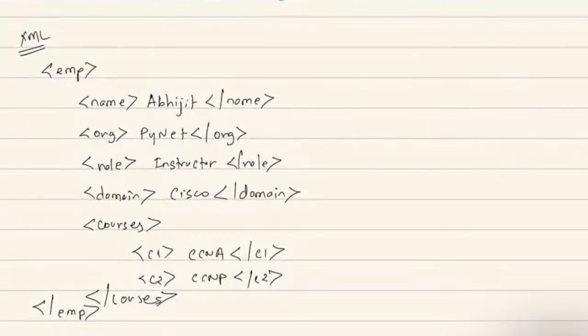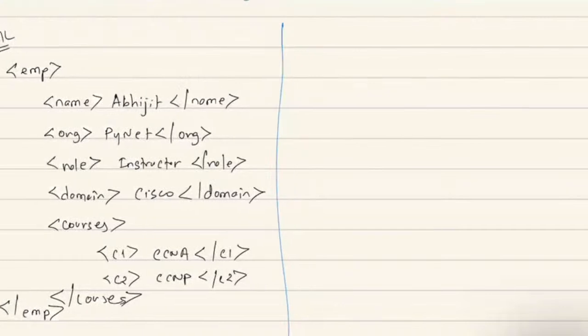Now if I try to write down the same data in JSON, it will become a bit easier, right? I just need to create something like employee there, then I will specify my name as AB, then I will specify my organization as PyNet, then I specify my role as instructor,